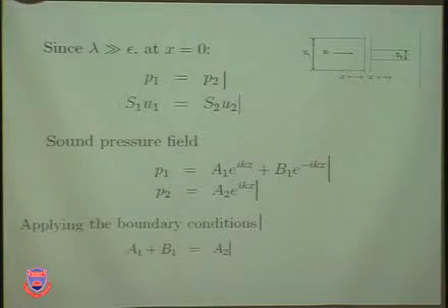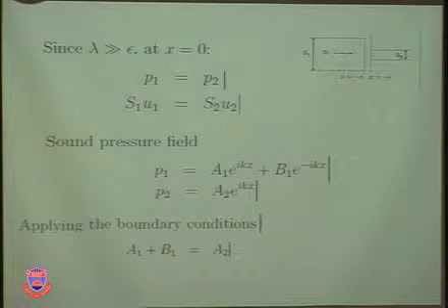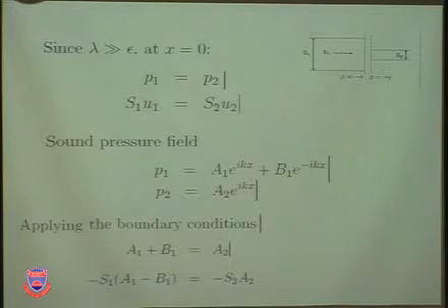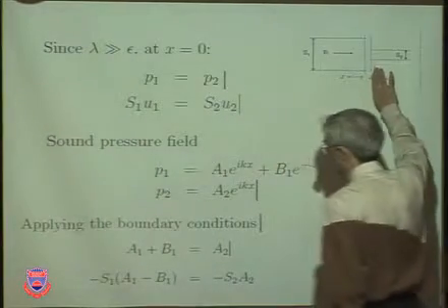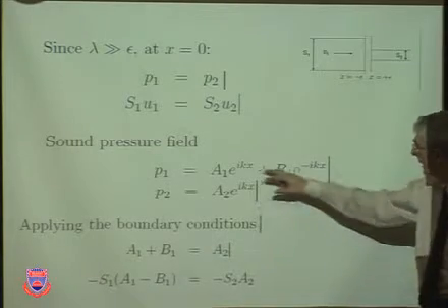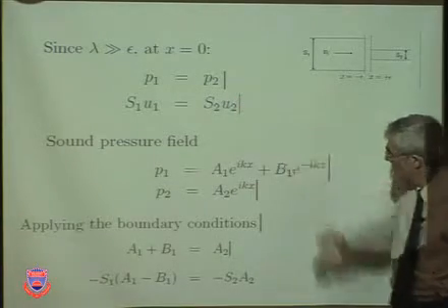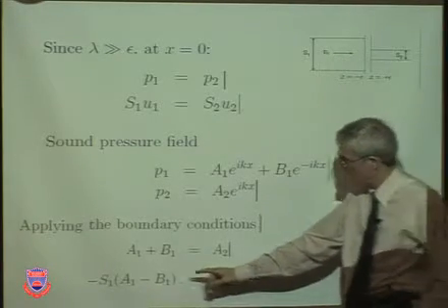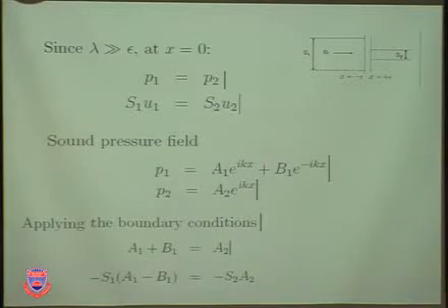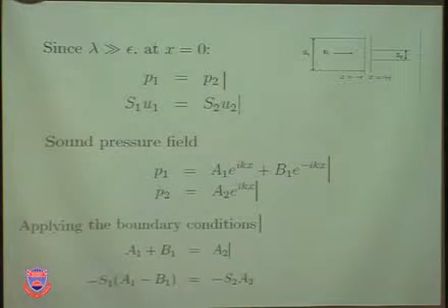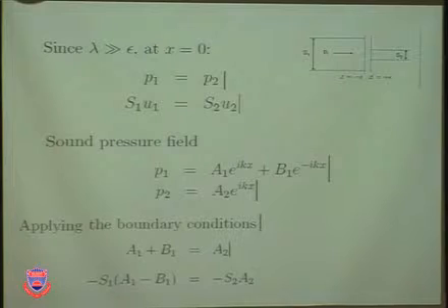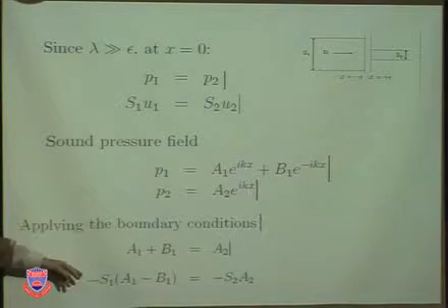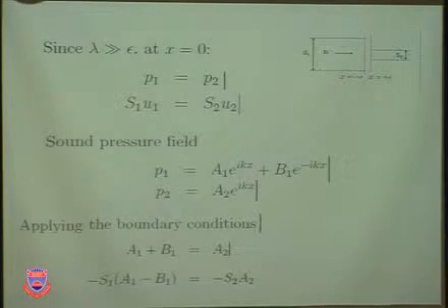Now, if you apply the boundary conditions, clearly you have at x equals 0, we just set this equal to 0, A1 plus B1 will be equal to A2. But in the particle velocity, we're going to now get the cross-sectional areas involved. If you divide these,